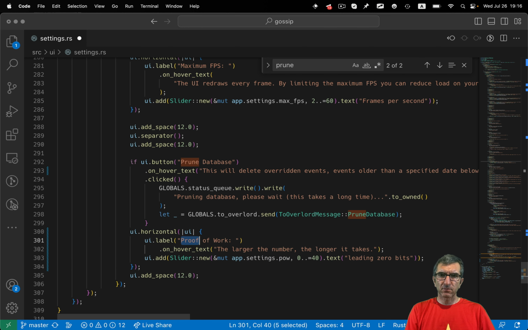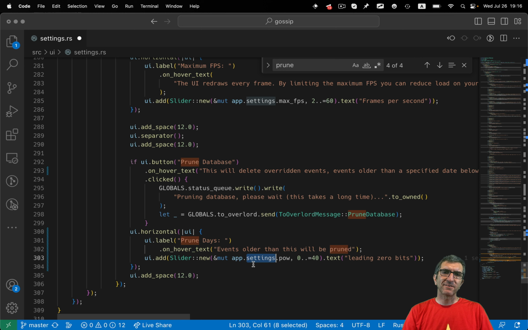This is called prune days. And then the help says events older than this will be pruned, removed from the database. Interesting.